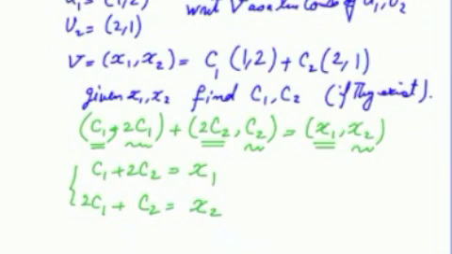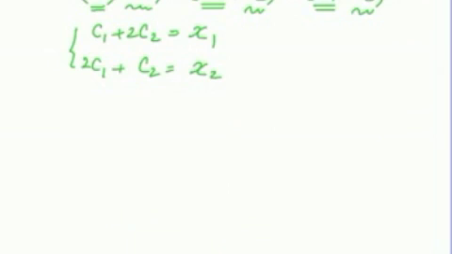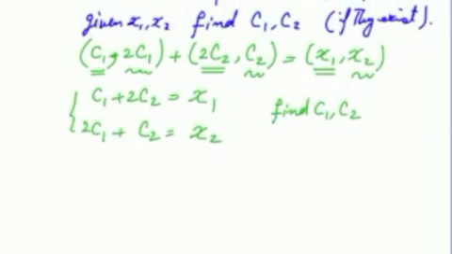Well, that is a linear system. We go ahead and solve, just so that you don't get confused. Find, who are we finding? Find C1 and C2. In terms of what? In terms of